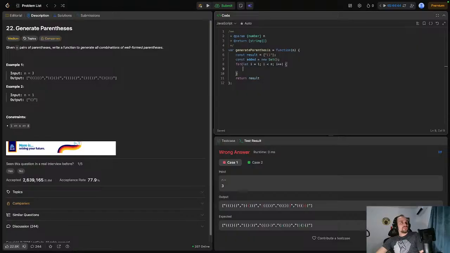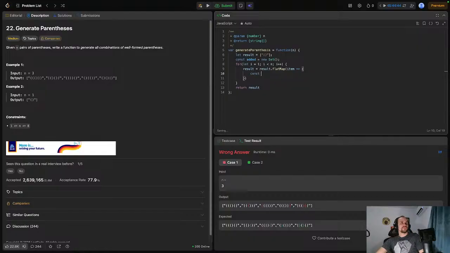And so what we'll do is we'll do let result equals result dot flat map item